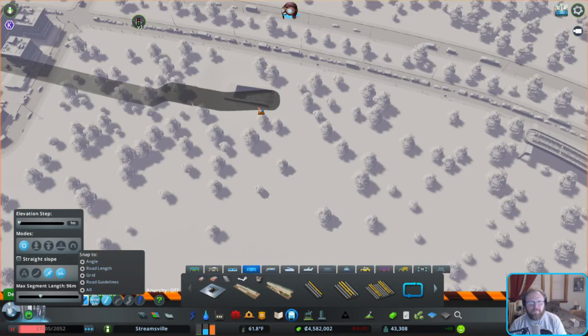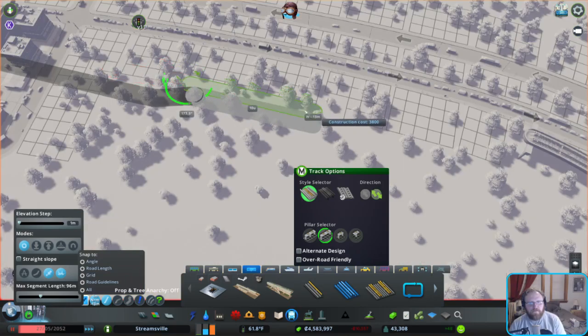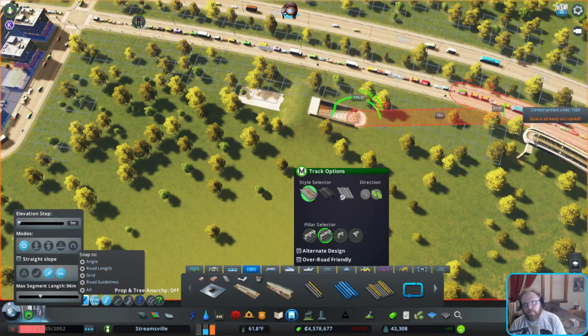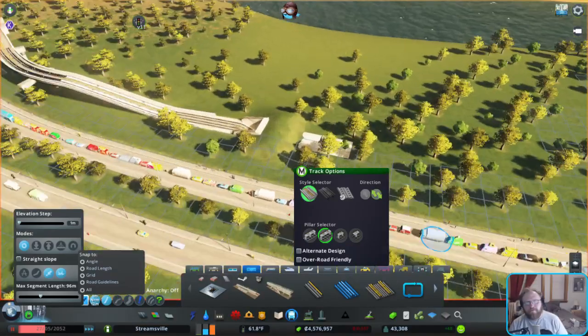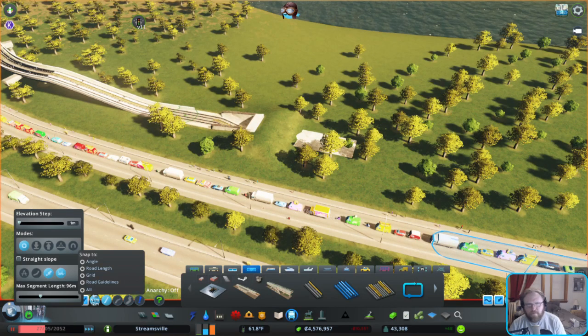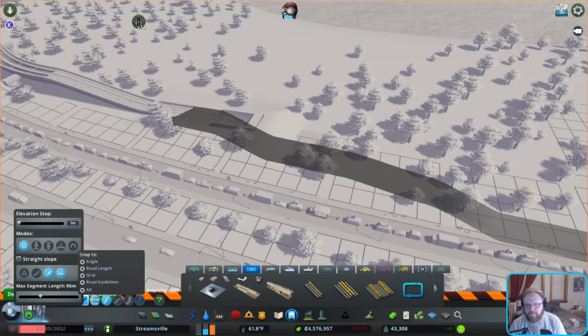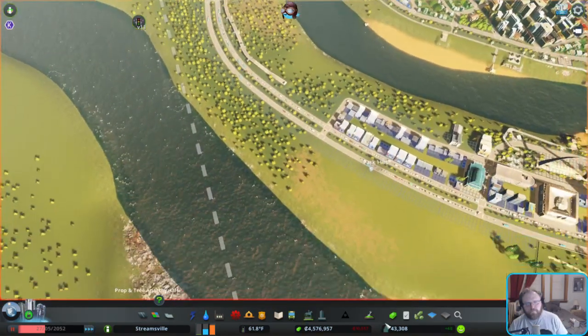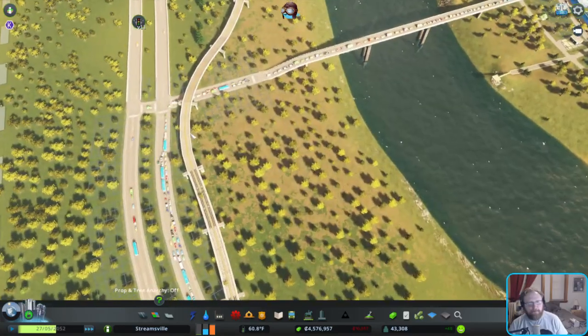I mean, slope too steep. You just let me build the damn thing. All right. That's weird. Okay. I'll fix that, but